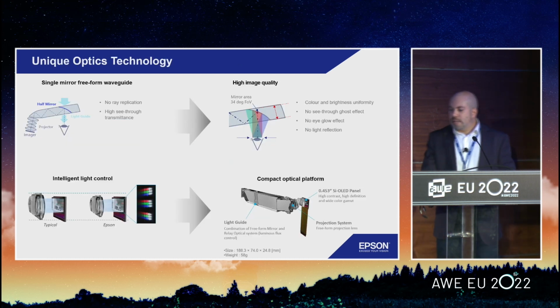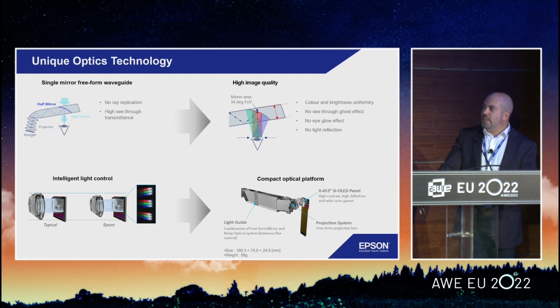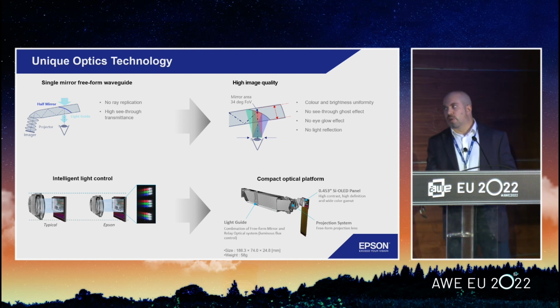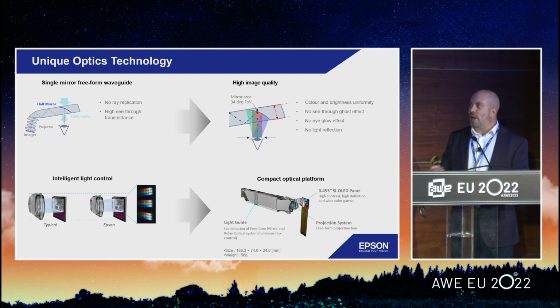And the optics technology is based on single mirror waveguide, which means no ray replication like you find in other optics technologies such as multi-mirror or holographic, and it allows high transmittance ratio. Because the optical data is reflected once as a whole, the colors are not fragmented like you find in multi-mirror technologies, and therefore you don't have the experience of the rainbow effect. It's a clear image. The color uniformity and brightness uniformity is very good, and there is no other side effects such as see-through ghost effect, glaring,